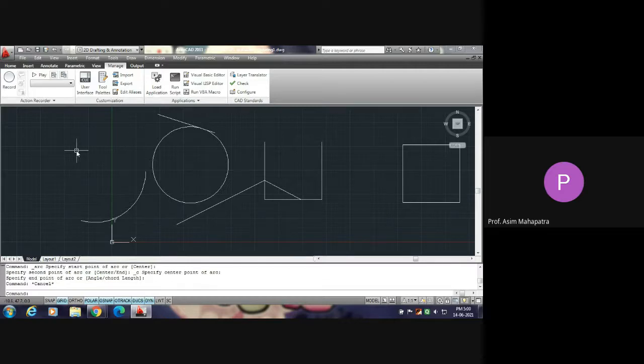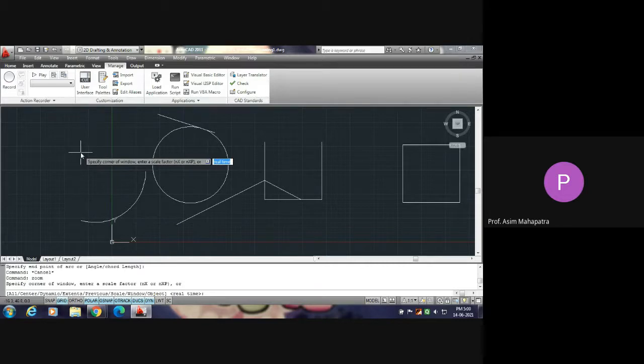For another command, say the zoom command, I'm showing you. For the zoom command, we have several options available in the command bar. One is All, so here A is capital, meaning A is the shortcut for All. Similarly for Center, C is the shortcut. D, Y. I think D is only D and Y. This Y is capital, no? Yes, Y is capital. So DY is the shortcut for Dynamic. Similarly for all commands, whatever is written in capital letters is the shortcut. In most cases the first letter is the shortcut, but that will not always be the case.